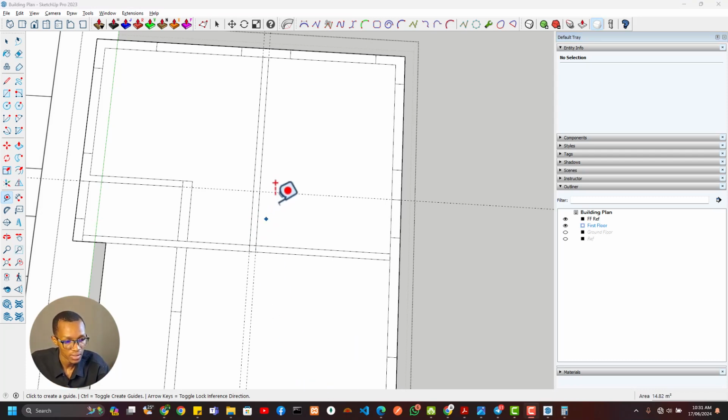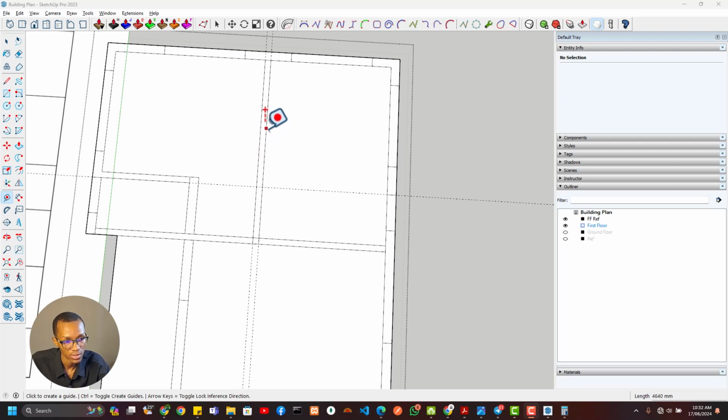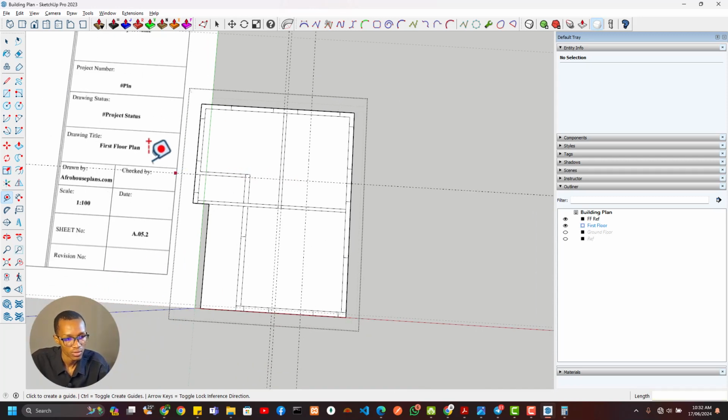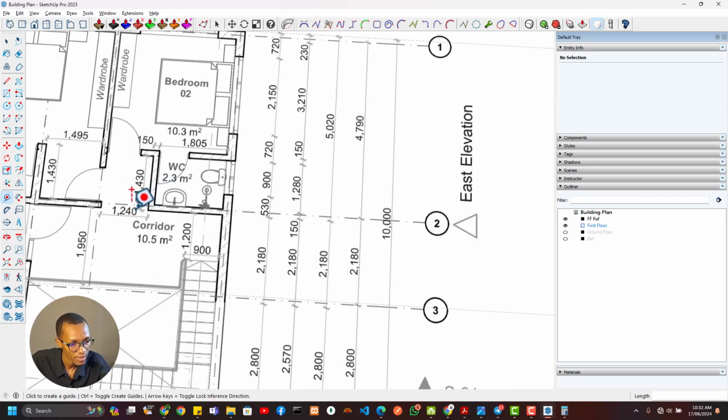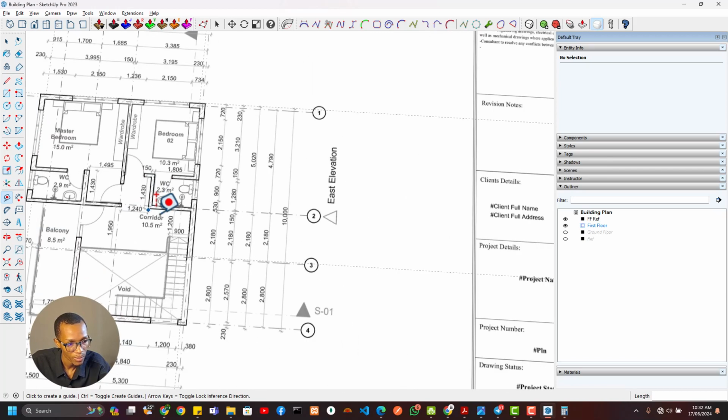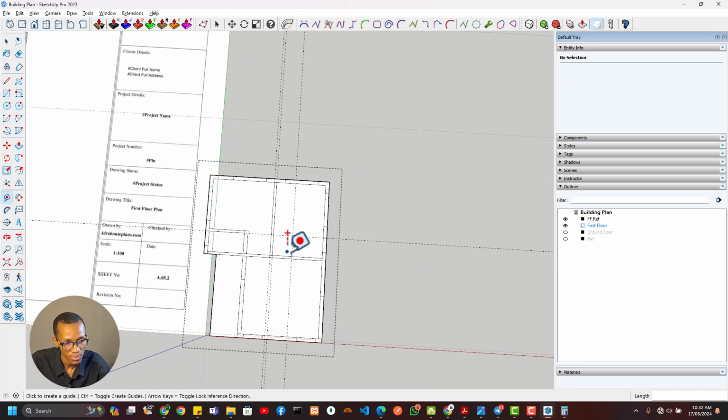All right. So that's, sorry about the audio loss there. So from here now that's 1240, from that wall, from this point to this point. So that's 1240. Then going up,